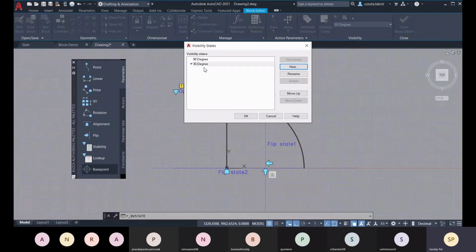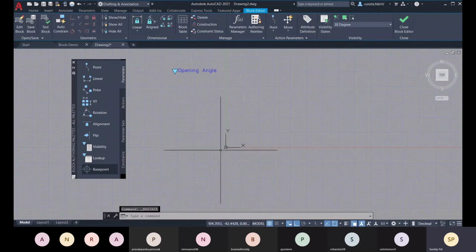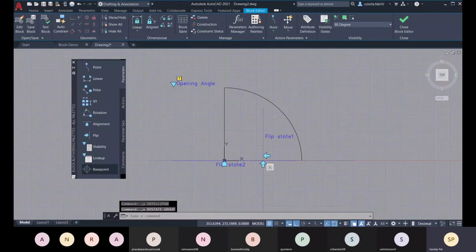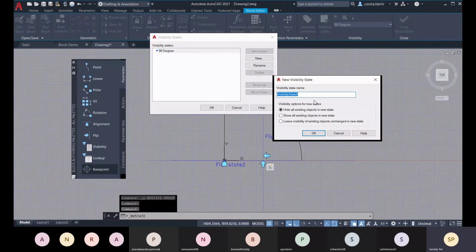This is the one, and you can click on OK, and you see all your parameters and action are hidden there. So I don't need that. Let me go for this undo, and here let me do that same thing, 30 degree. I'll leave visibility of existing object unchanged here.